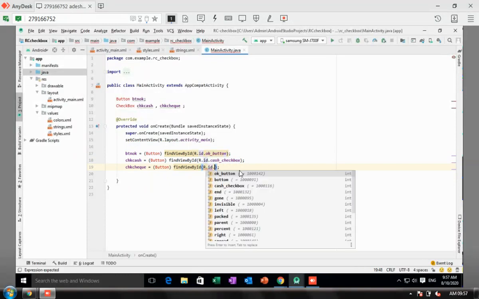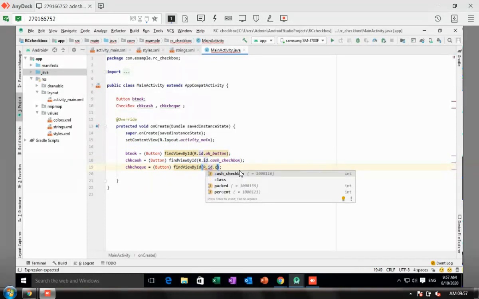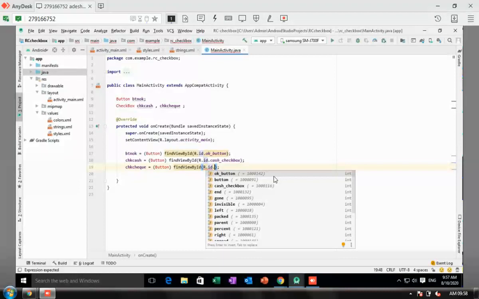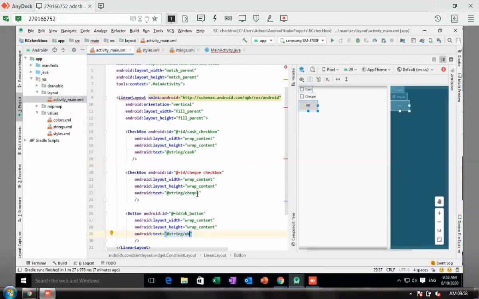This is for check. I think there is some problem, right? For check, I missed something. I go to the XML file, and here I missed the underscore. Yeah, so it was not showing. That is quite correct.